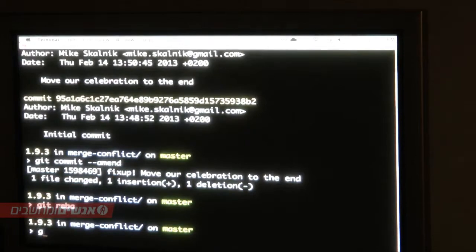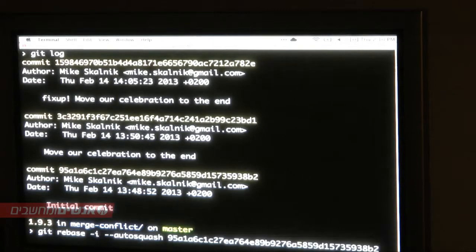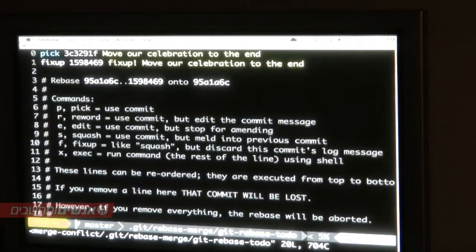And let me look up the SHA of our initial commit again, so we can rebase onto it. And see, it's automatically said, oh, well, this was supposed to be a fixup. So it automatically does it for us. We don't have to go through and change what actual commits we want to be fixup or squashes or anything like that. This works for only fixup and squash as far as I know. I don't think you can do edit or reword like this. But those are the two main cases where you would want it anyway.